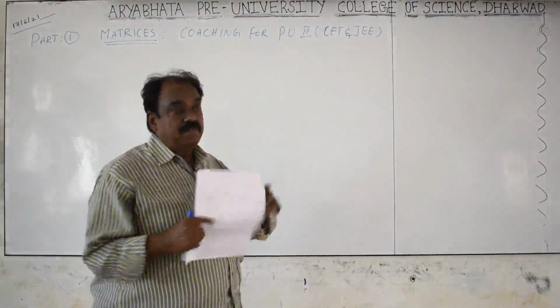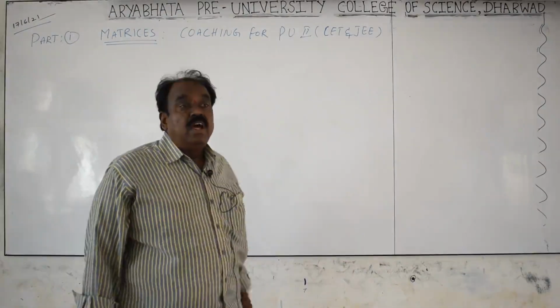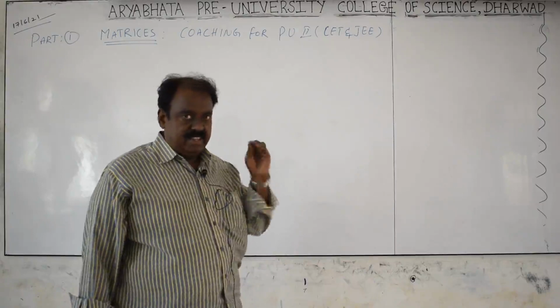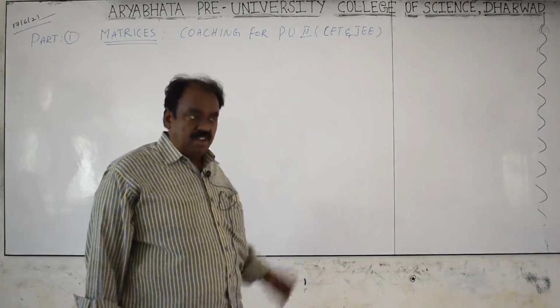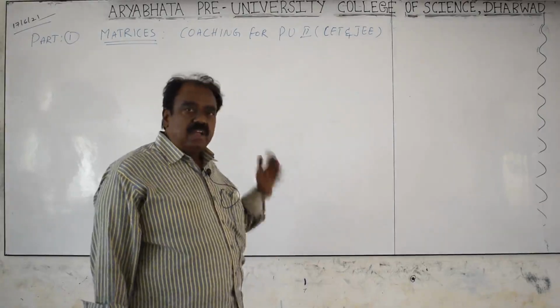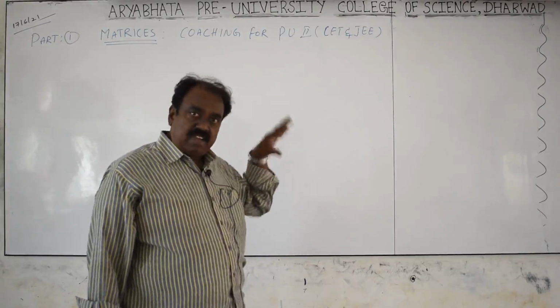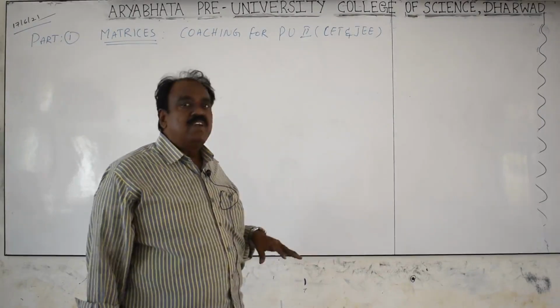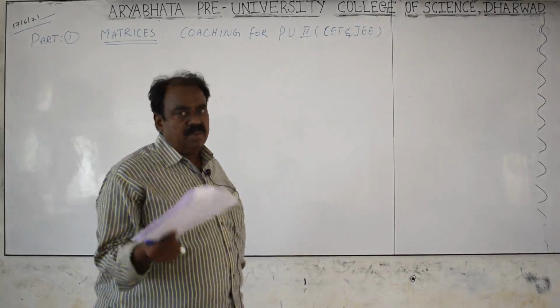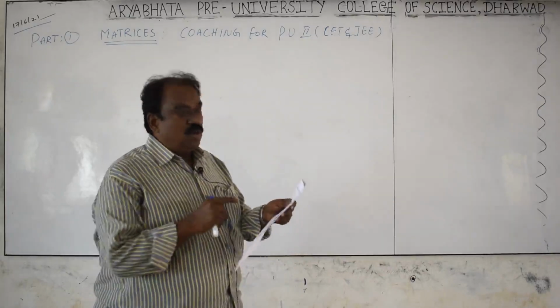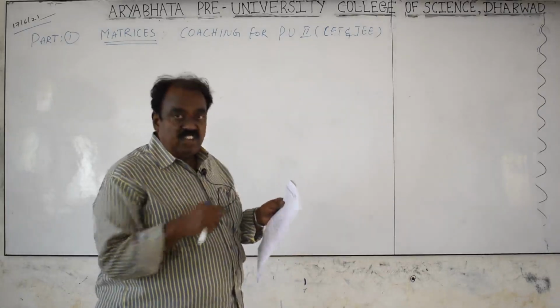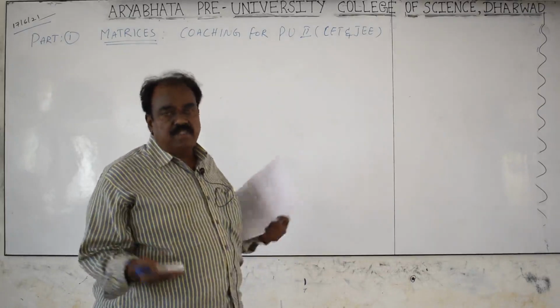For the purpose of geometry, very few concepts are there in our regular syllabus. That is why I taught on the board the synopsis of circles, but it is not needed for this chapter. It is very simple. You know it well. So without discussing the synopsis, what is the synopsis in matrices?